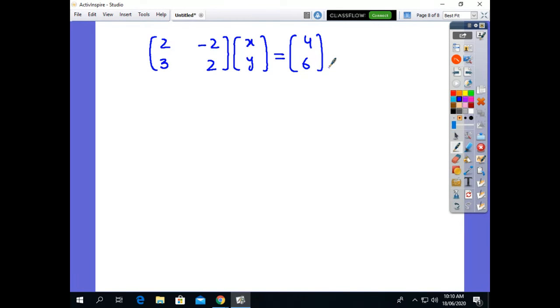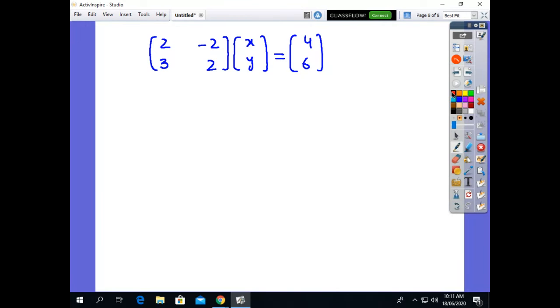First of all, we convert these two simultaneous equations into matrix form. Is there any problem in converting these two simultaneous equations into matrix form? Then raise your hand. Is there any problem? That is how we convert these two simultaneous equations into matrix form. Yes, sir, no problem. It's clear? Okay.